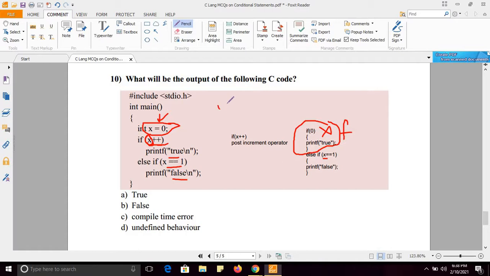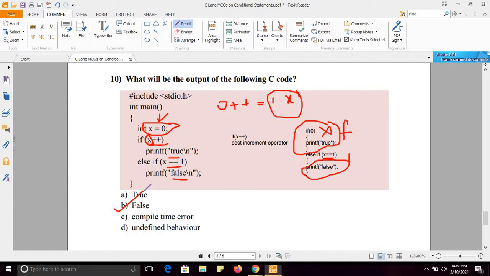Initially x is 0, although here 0 is passed, there is a post-increment operator, so 0 plus plus means 1. Value of x will be 1 now, and here I am checking x equals 1. Yes, x is 1, so printf false, so false will be printed. So this is the right option.